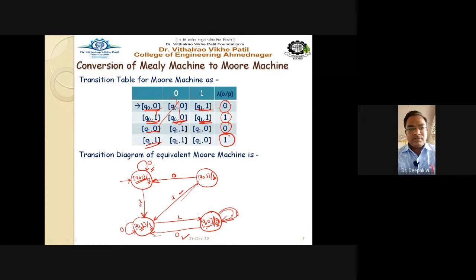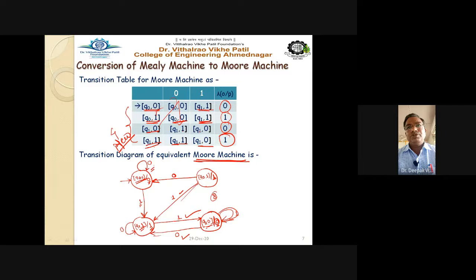This is the self transition, right? And finally for the Q1, the two transitions: on 0, the self transition, and on 1 it goes to Q10. So this is the transition for this. So all 8 transitions are marked here, a total of 8 transitions with the 4 states. These are the 4 new states for the resultant Moore